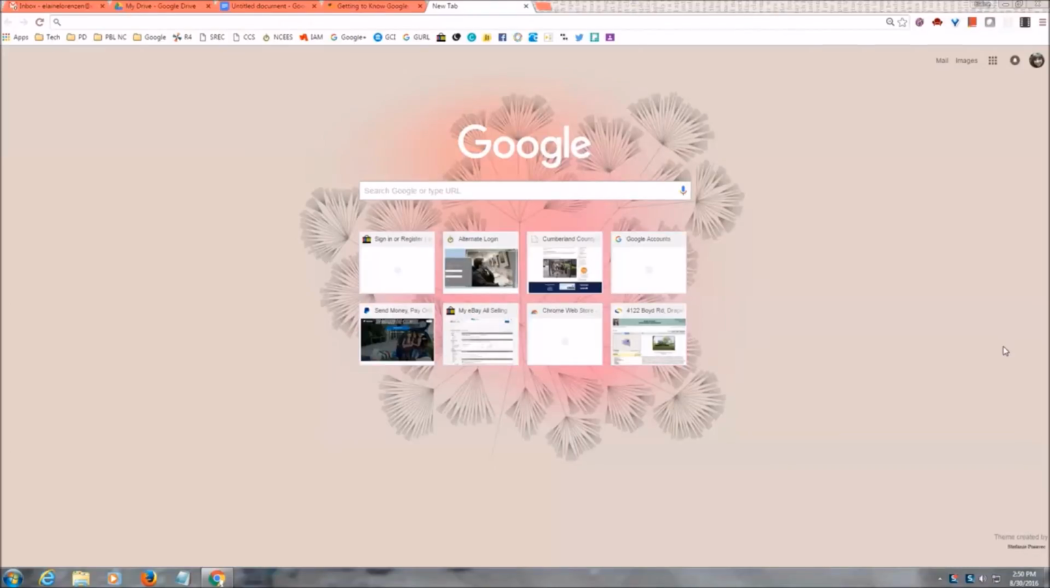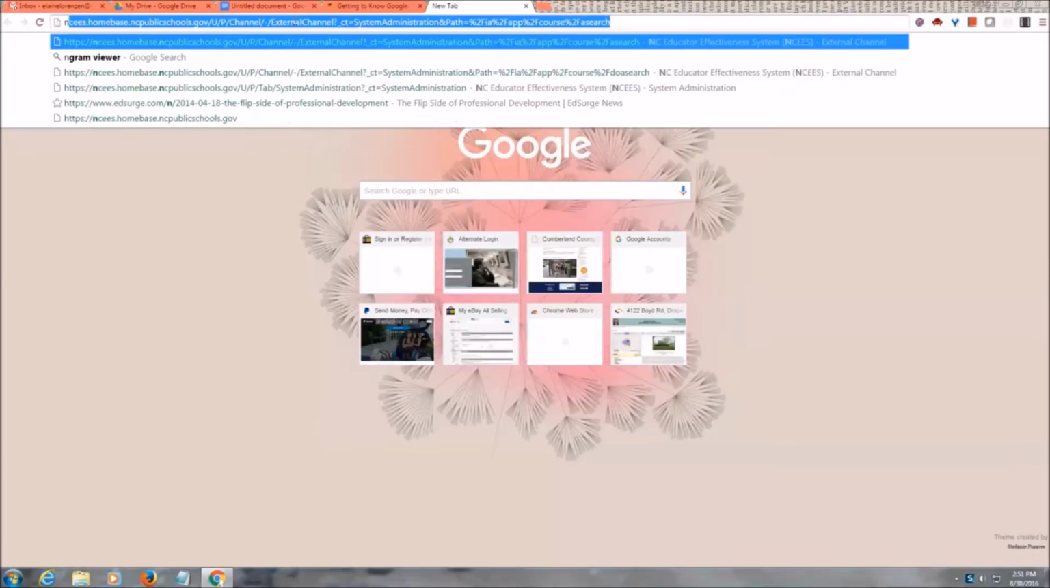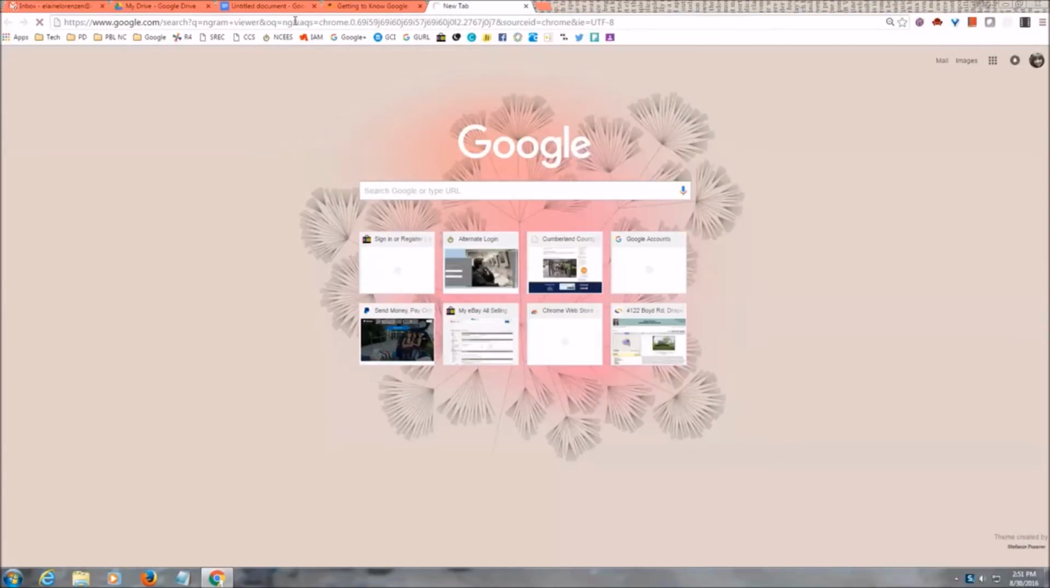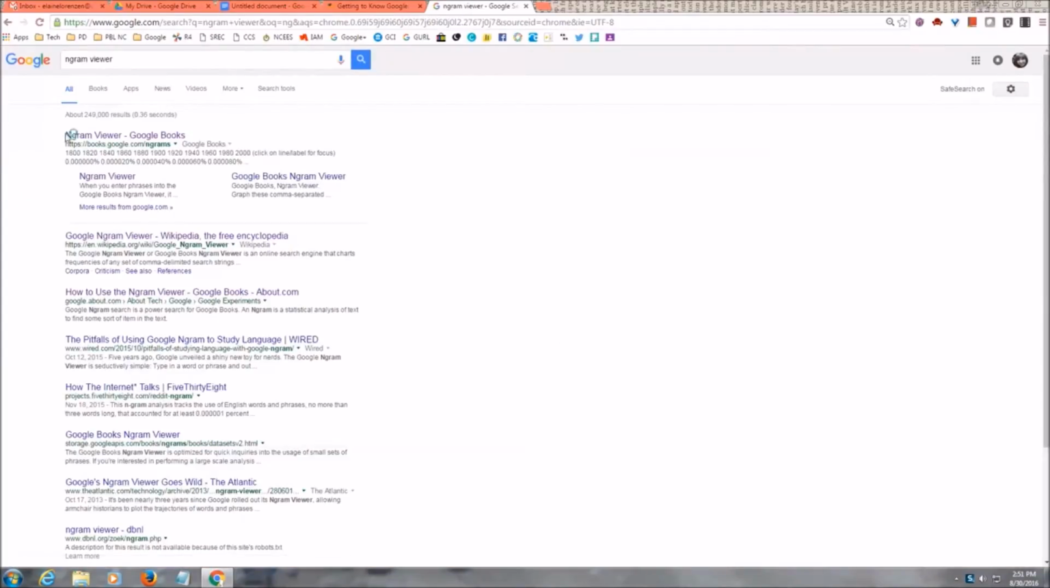So Ngram Viewer is a tool that allows us to analyze how words and phrases have been used over time. Now, if you're thinking to yourself, well, how in the world would I ever use that? That's what I hope this video will show you. So to get to Ngram Viewer, it's very easy. You can just go to your Omnibox and type in Ngram Viewer